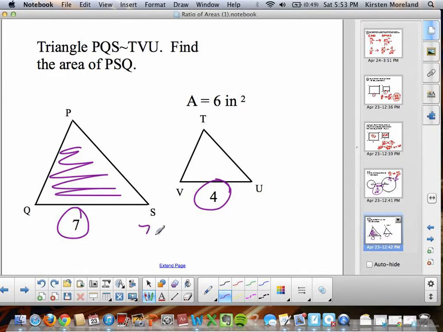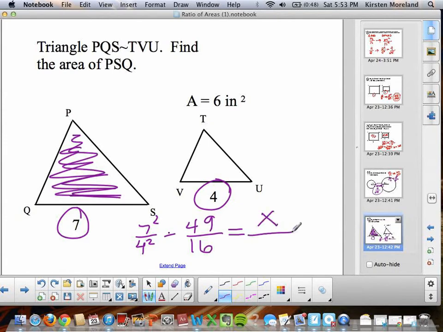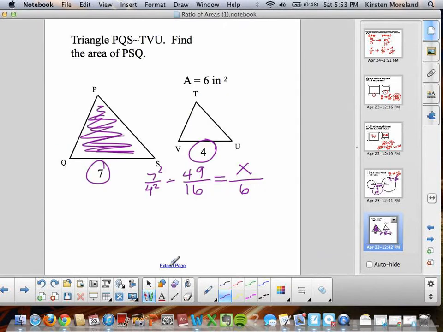Started with the sides of 7 over 4. Can't be simplified, so I'm going to square it to find my areas. So I get 49 over 16. Now notice that's the big triangle to the small triangle. I'm trying to find the area of the big triangle, so that's going to be my missing variable, x, I'm going to call it. And I know the area of the small one is 6, so my proportion is 49 over 16 equals x over 6. Cross multiply. 49 times 6 gives me 294